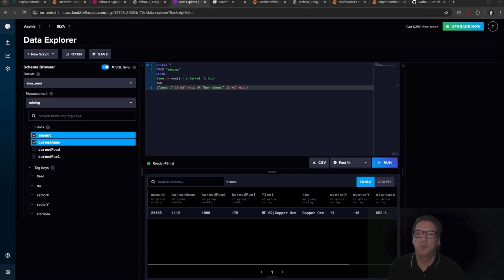So we are halfway done now. We created a database in InfluxDB. We connected it to SLYA, and we made sure that the data is being received. So let's now connect Grafana. So let's go to